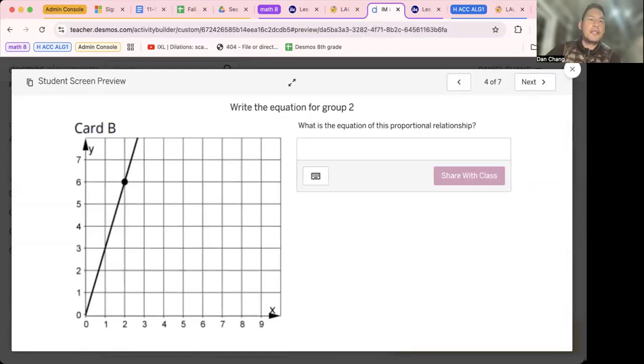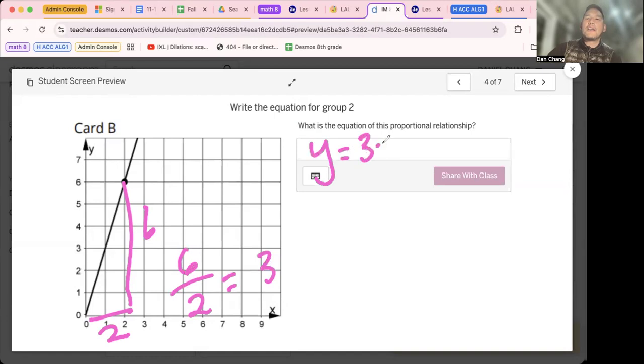Card B, again, this is a slope of 3, 6/2. 6 divided by 2 is your slope, which is just 3. So you type in y equals 3x. And again, the way this works,